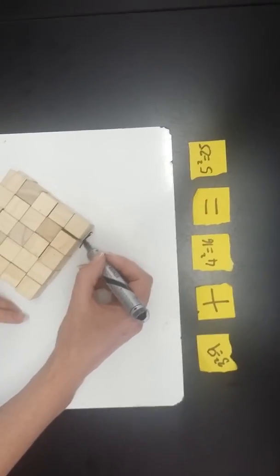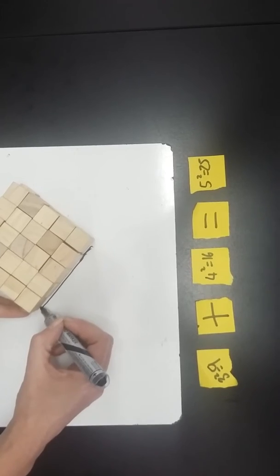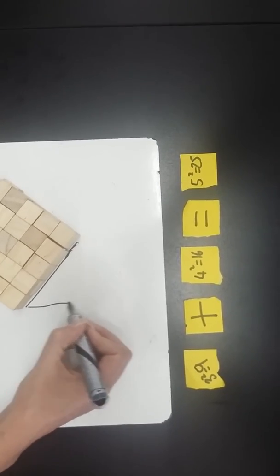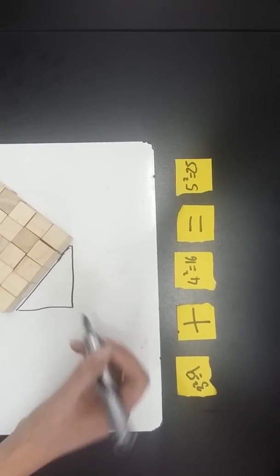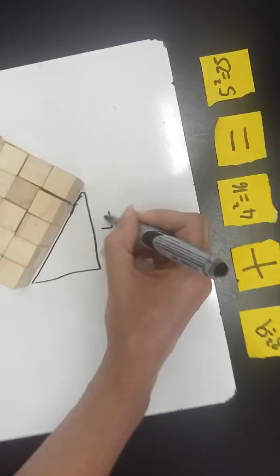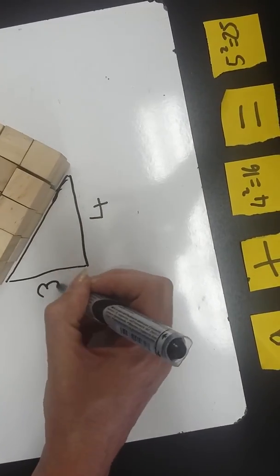If I were to recreate the triangle, there's a long side of the triangle here, and then there was a side length of 3 and a side length of 4. So remember, we've got 4 here, and we've got 3, and on this side, the side length